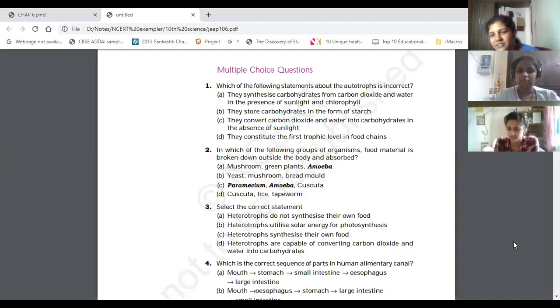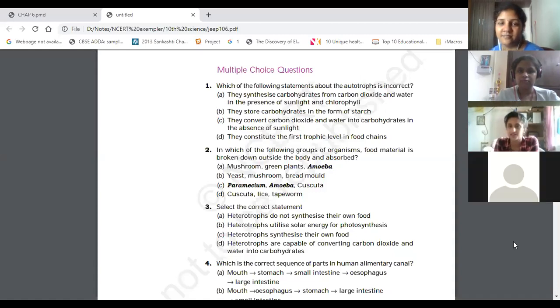What does rhizoid mean? The stem? Stem of the organs? Root. Roots of bryophytes. Bryophyte roots are called rhizoids. They have root-like structures, and that root-like structure is called rhizoid. Okay, so don't get confused with these three things: Rhizopus, Rhizobium, rhizoid.